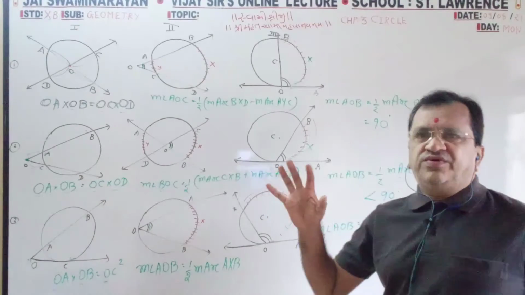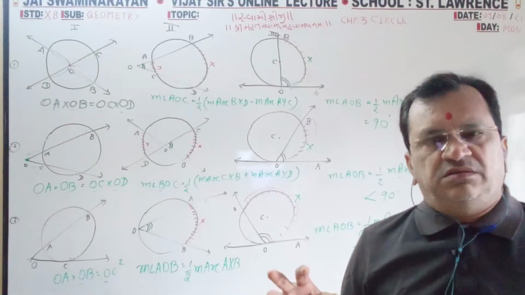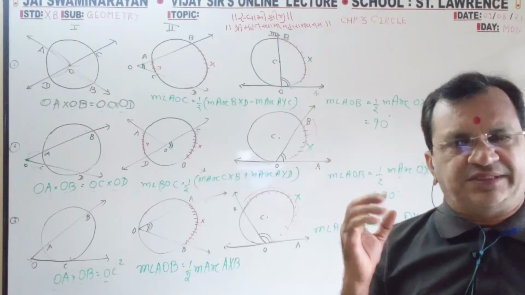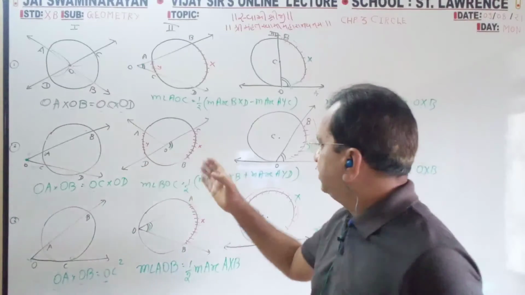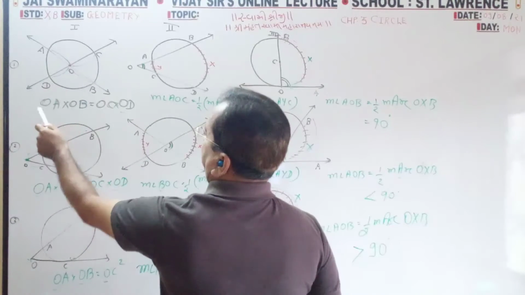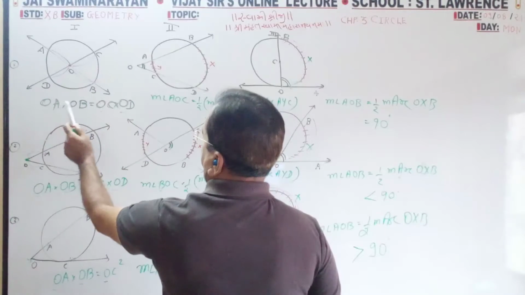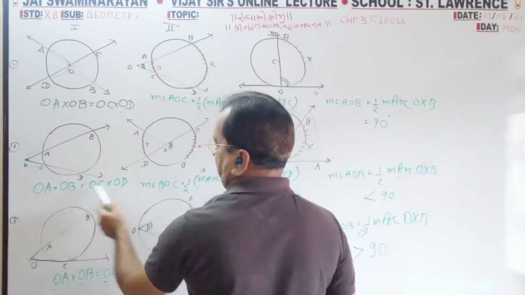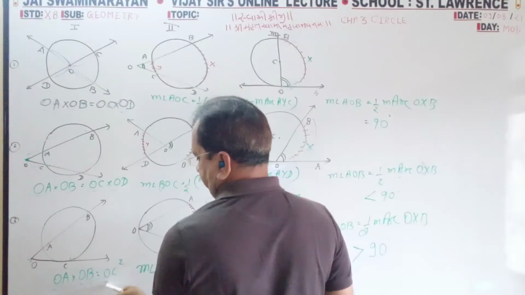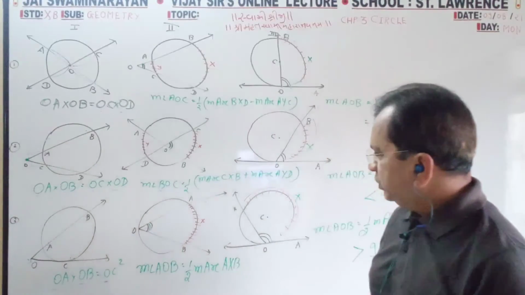So number 9, a very important point. Not a single mark question, but 2 marks, 3 marks type questions they will ask from this. Here you need 1, 2, 3, 4. Out of 4 they will give 1, 2, 3. So you can find the unknown number by multiplying these and dividing by this. Same, out of 4, 3 will be given. Here also 1, 2, 3. This is the same, OC square. Out of 3 they will give 2.